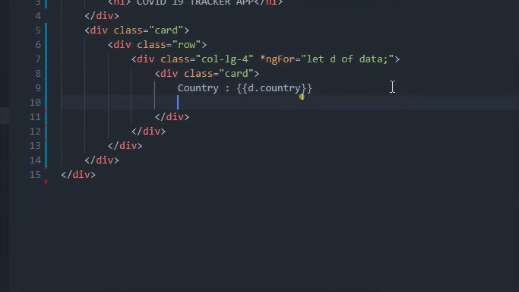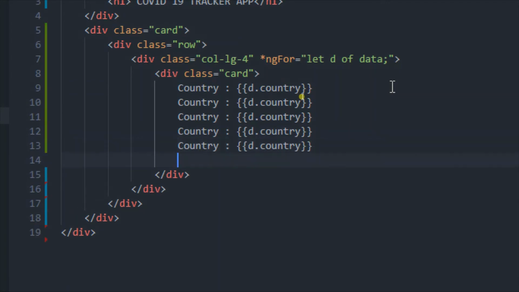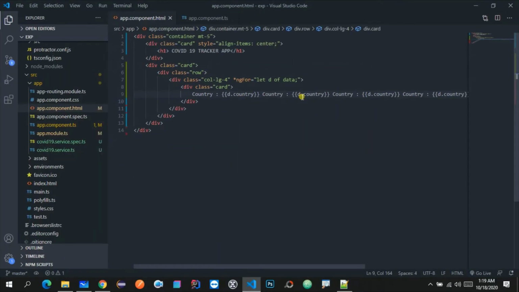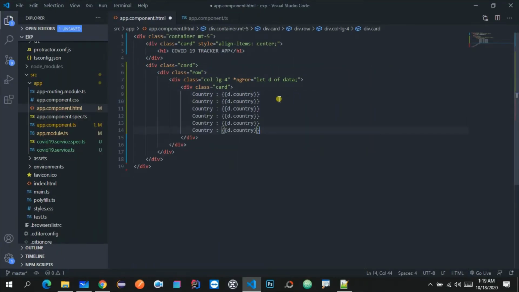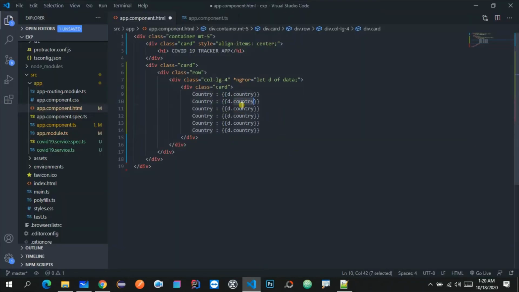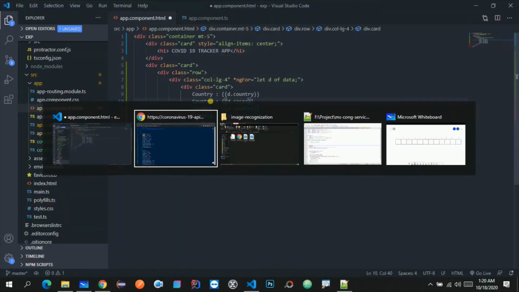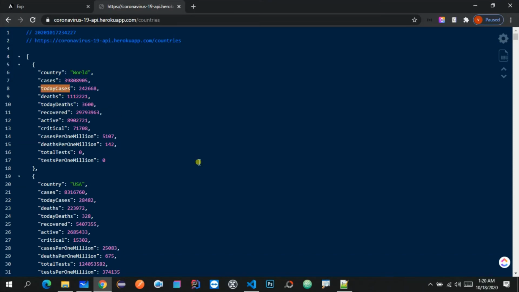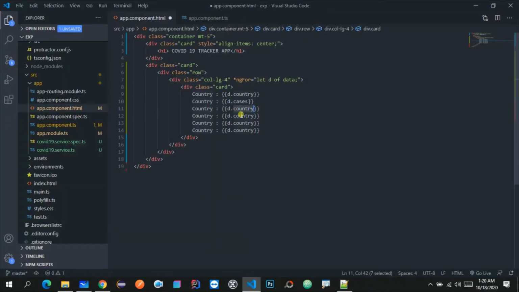So let me copy these and paste them over here multiple times, as we have some other values. For that we just need to copy all these values. Let me copy the cases and paste it over here. Then let me copy today's cases and paste it over here.